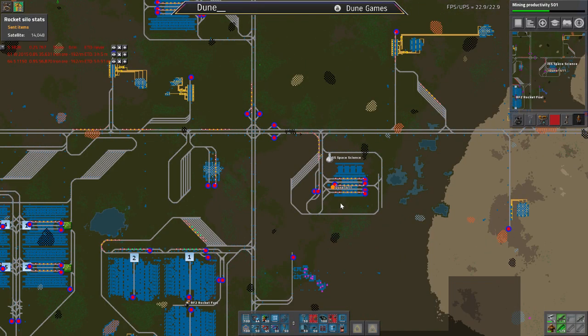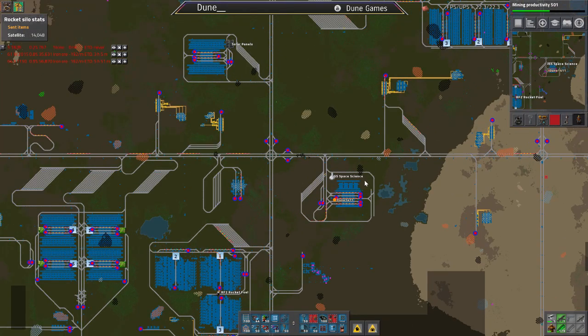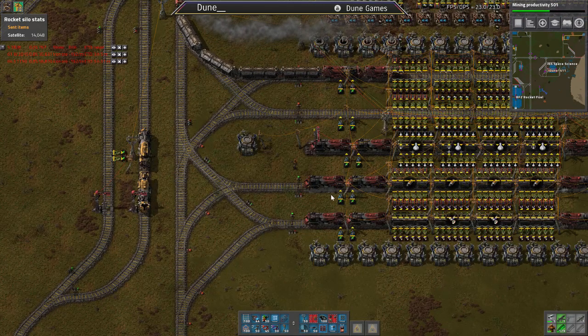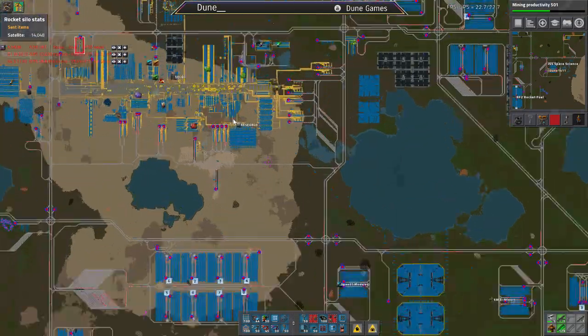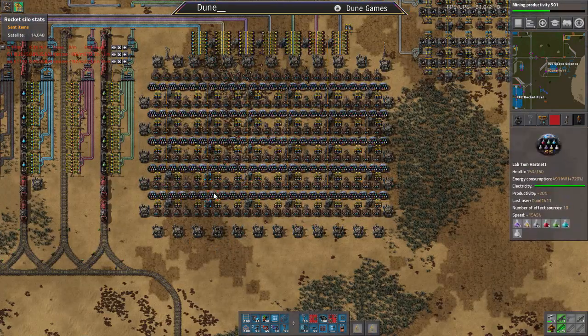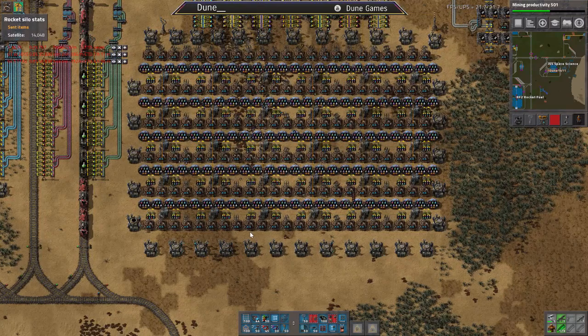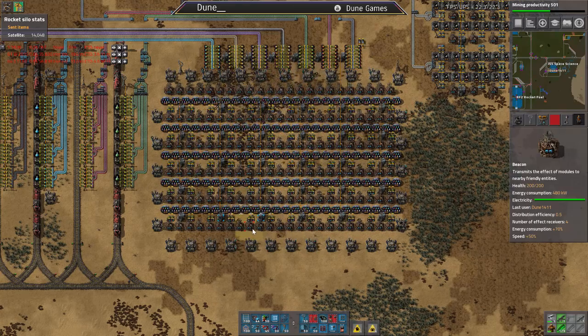I think we're kind of ready to do another space science outpost. I mean, it's not space science, science build. So basically I take this and it's kind of a good idea. I'm just having